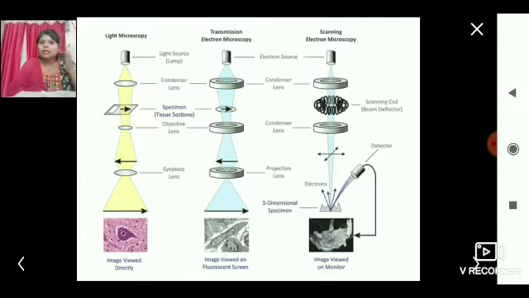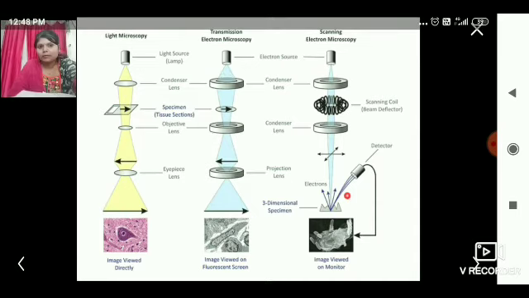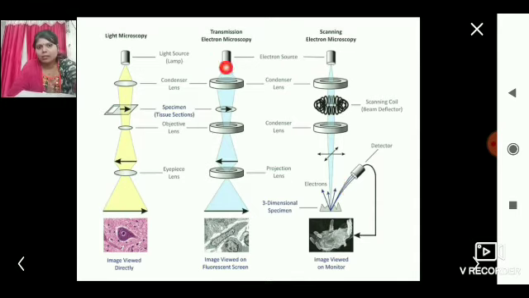So these are the inner components of the microscope, which you cannot see with your naked eyes. What is exactly happening inside the microscope? Suppose this is the specimen which we are seeing here. This is the light microscope. This other one I will come to a little later, because it is the transmission electron microscope. When we deal with the electron microscope, I'll come back to this so that you can clearly understand what exactly it is all about.